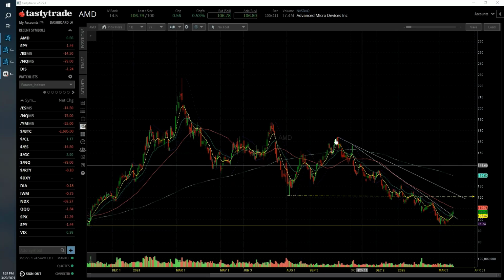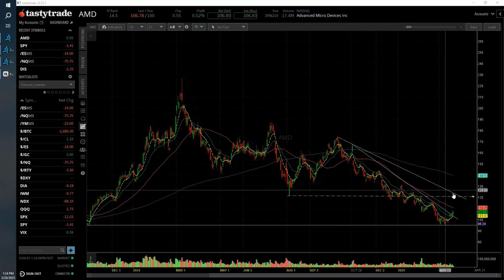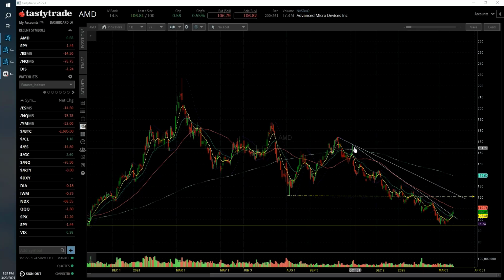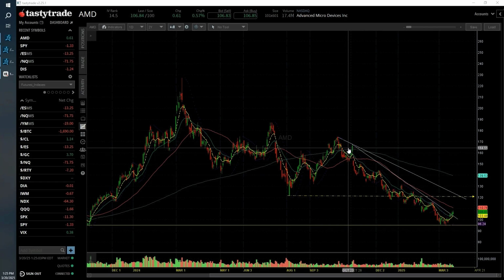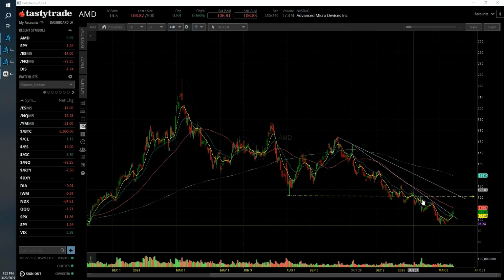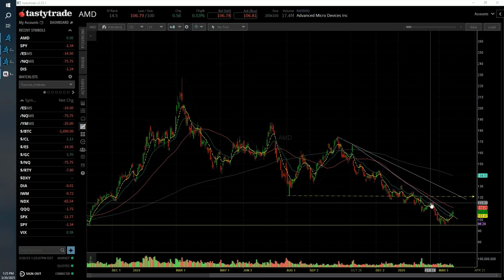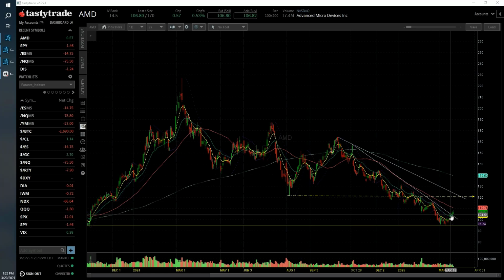On the trend line basis, the longer term trend line is still untouched, but this intermediate trend line that starts up here on October 30th, Halloween, and tags the February 20 high point, got broken through yesterday, the 19th, and confirmed today. So this reversal that we are seeing on AMD leads me to a trade that I want to do